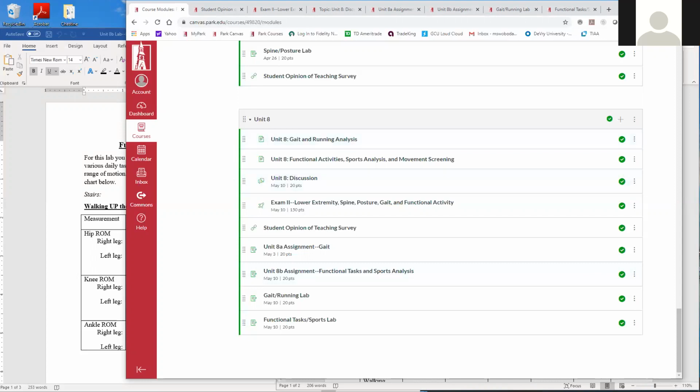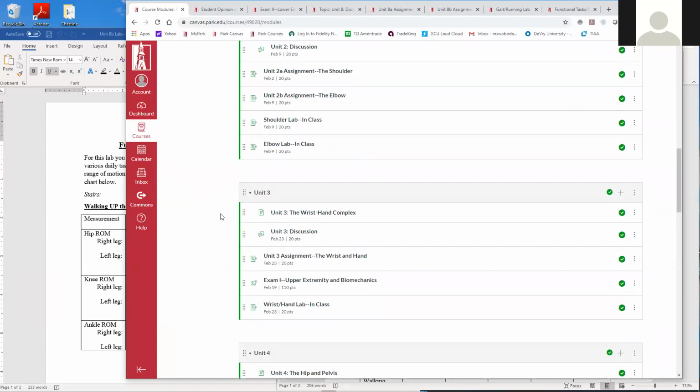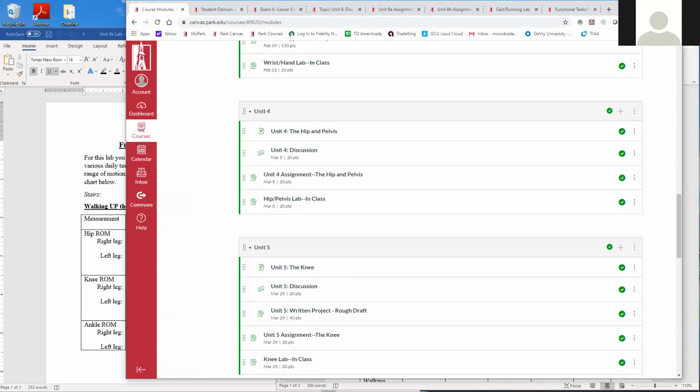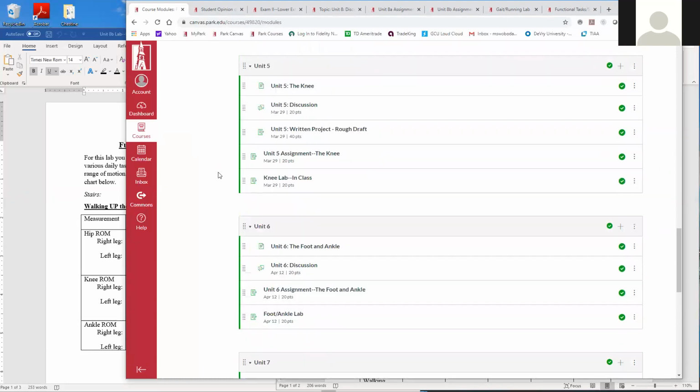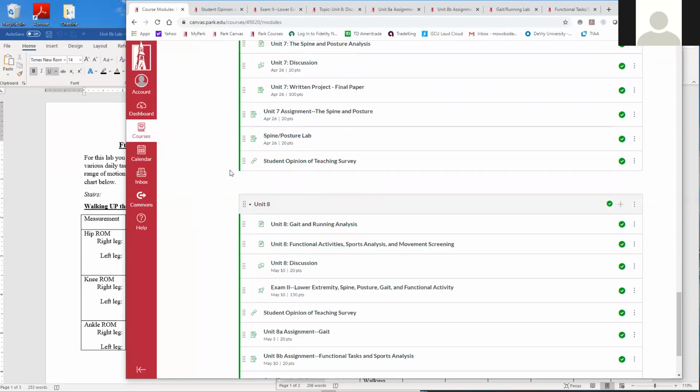On next Monday, which I believe is May 4th, we'll be covering the functional activities section. I'll do somewhat of a systemic review for your exam on Wednesday the 6th. Your second exam is going to be everything from Unit 4 on. So you have the lower extremities, that's hip, pelvis, knee, foot, and ankle, spine and posture, and then gait,